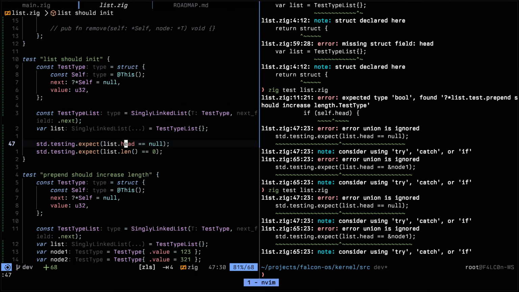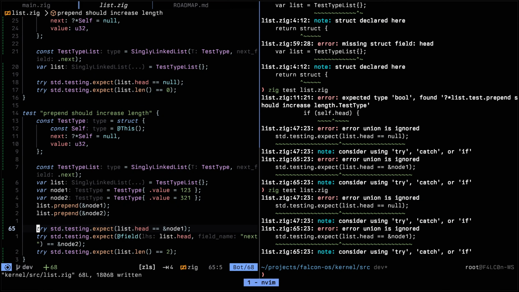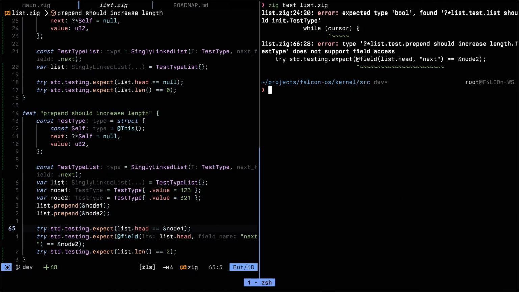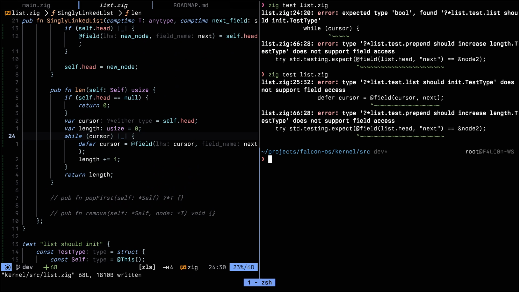So 47. Using yep. So this one here should be tried. Same for these ones here. Should be tried. There we go. Right, let me just clear this out so I don't get lost. And of course here we should be at 66, rather 24, and we do the same thing here. We just discard the capture. Cool. So 25 type